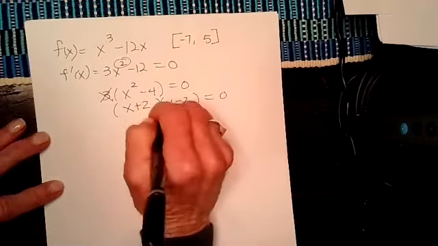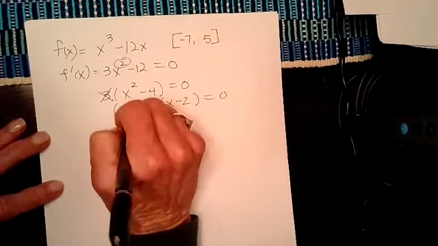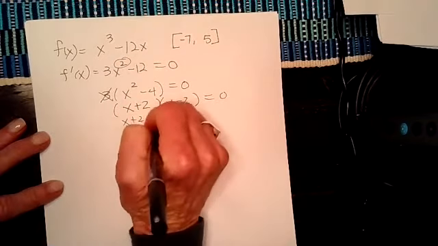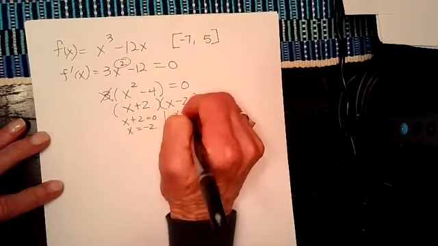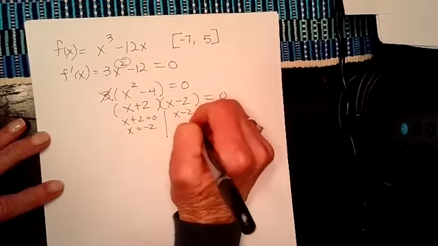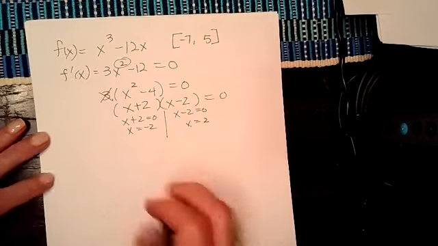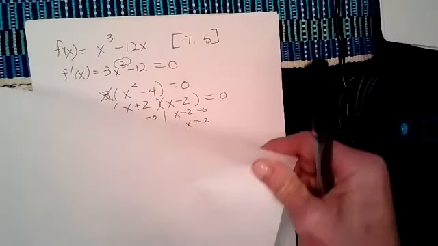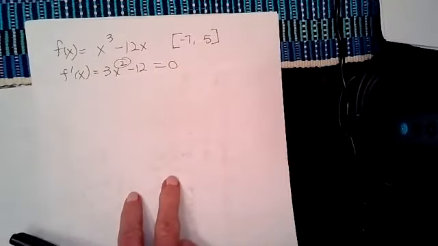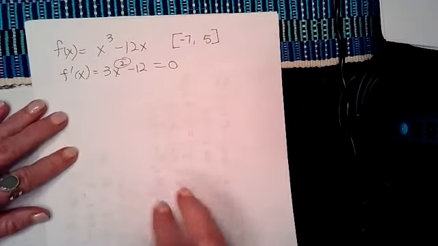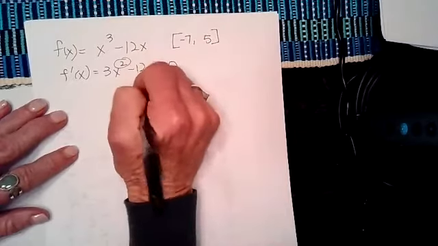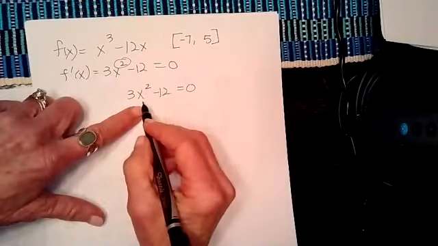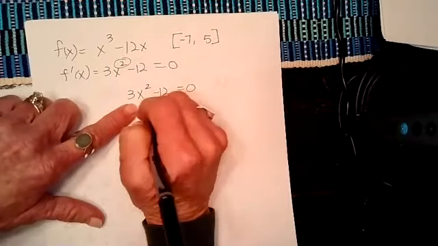I'm going to show you a common error. When I set x plus 2 equal to 0, x is negative 2. x minus 2 is equal to 0, and x is equal to 2. So let me just show you something real quick that people do a lot here when they're solving 3x squared minus 12. Some people, because there's no middle term, try to isolate the x,